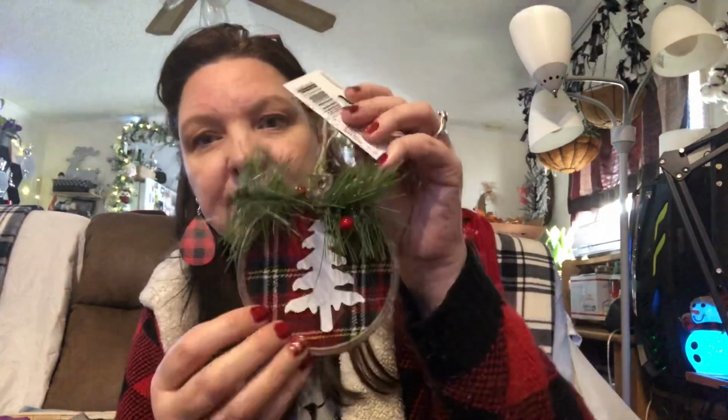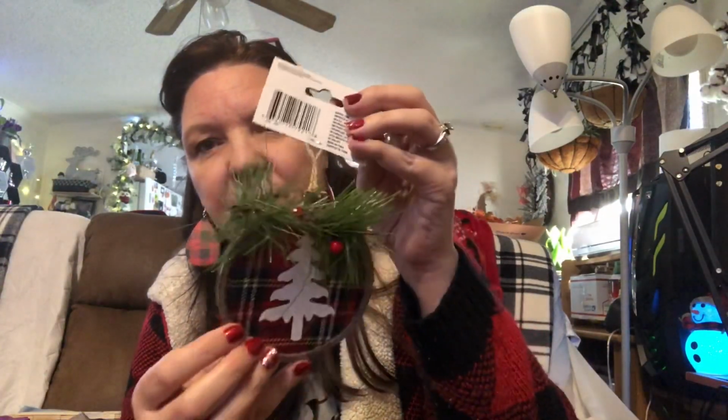They really love those things. I did pick up some Scotch tape. I don't know why I didn't have any Scotch tape, but I don't. And I was hoping to find more of these, but I only found one. So I picked this one up